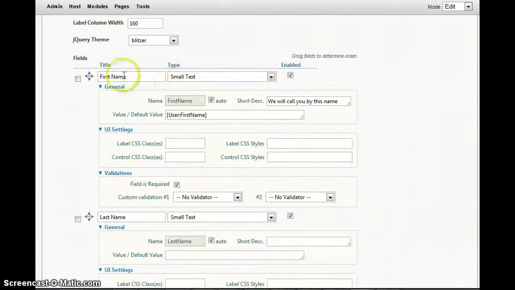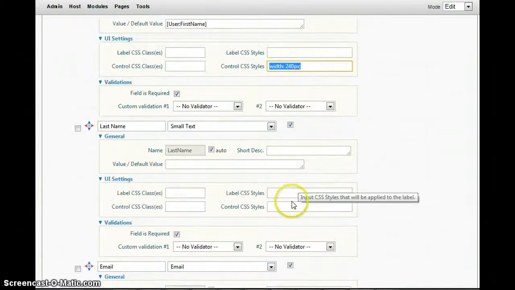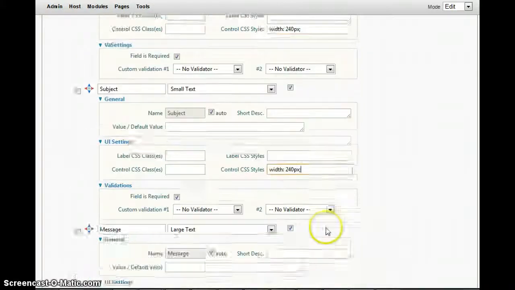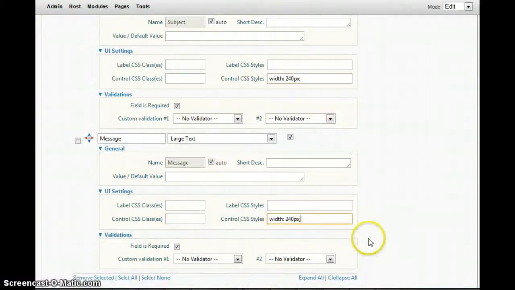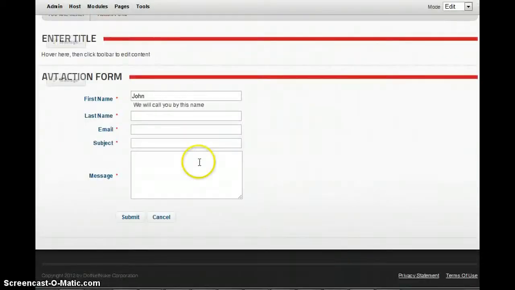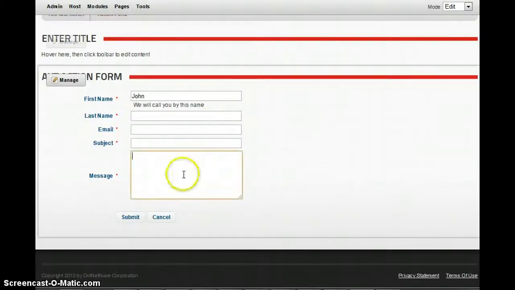So now I want to make the fields larger, so I will go into control CSS style and I'll specify some width, let's say 240 pixels. So I'm going to put this on all fields, but on the message field I'll also put a height, so let's say height of 100 pixels. Okay, so now I save the form and you'll see the form got bigger, the message got bigger, so it